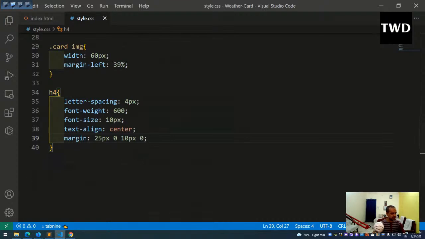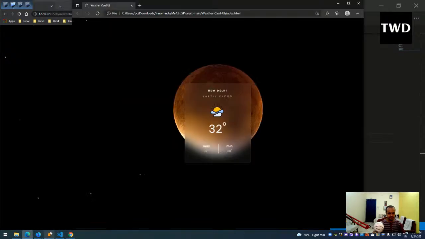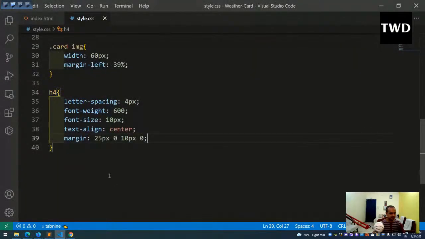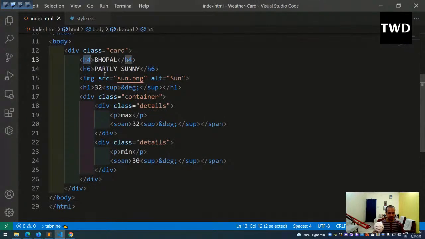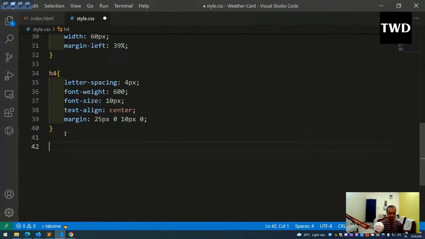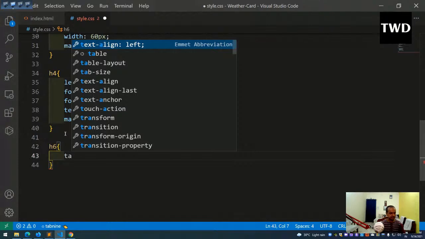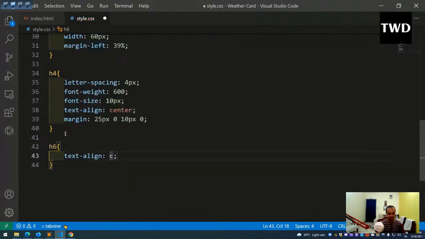Okay, so this H4 we have done. So this Bhopal is coming nicely. Okay, then we are going to do the H6. This H6 is text align is center,